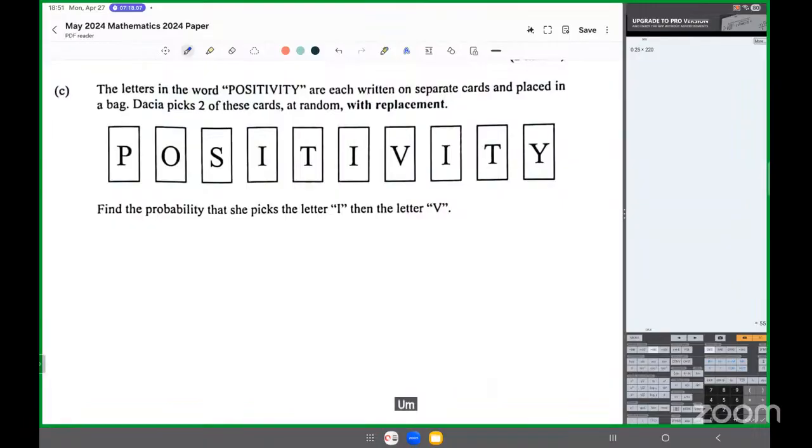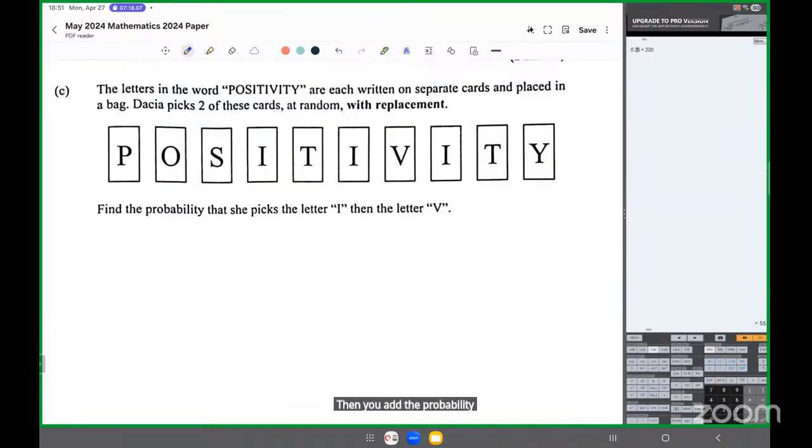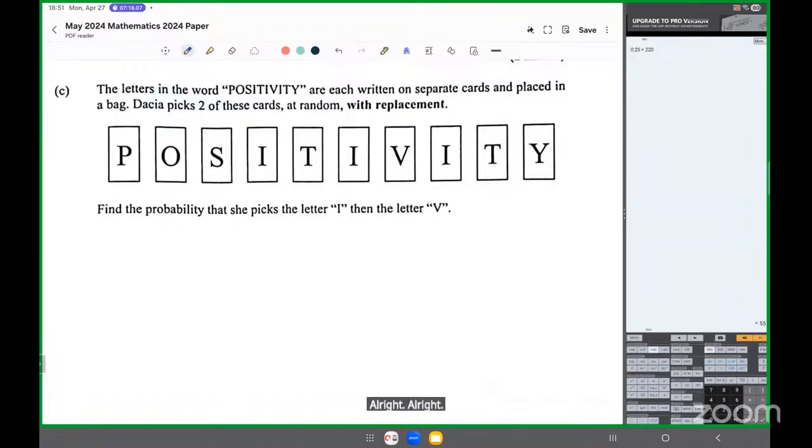The key thing to remember about probability: when you have two events, one and the other, you multiply the probabilities. If it's something or something else, you add the probabilities. Generally speaking, you're going to multiply or you're going to add. With sets, you add a little bit more. All right, so this question says the letters in the word positivity are each written on separate cards